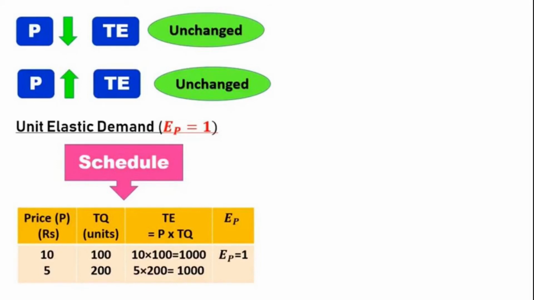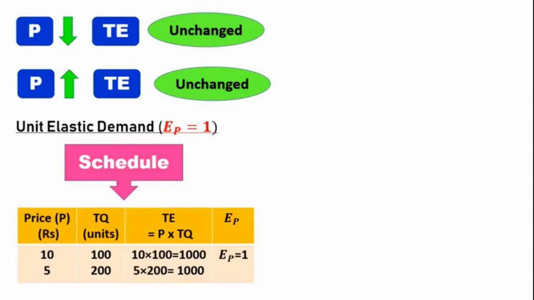Here it is being reduced because the quantity you purchased is less compared to the other. Why? Because the price is higher. So you can see when the price is unchanged and when it is changed, we see the variation. Less, the total expenditure is unchanged. When the price is increased, here also the total expenditure is unchanged. That is unit elasticity, where price elasticity of demand is equal to 1.